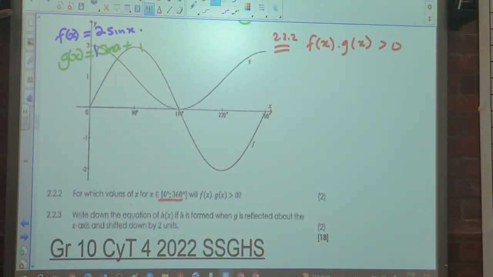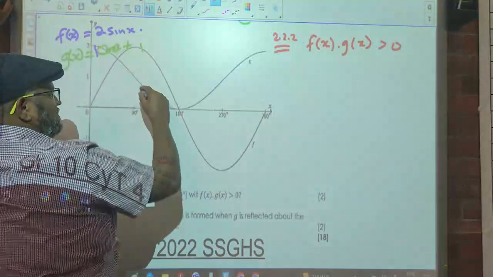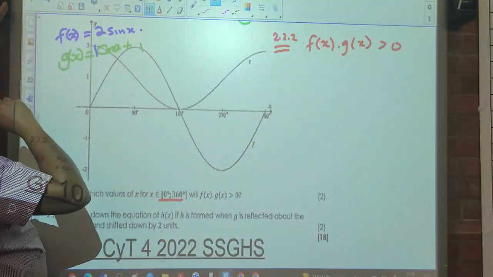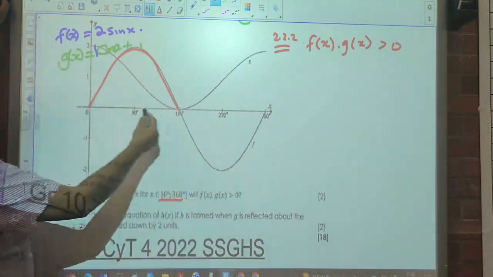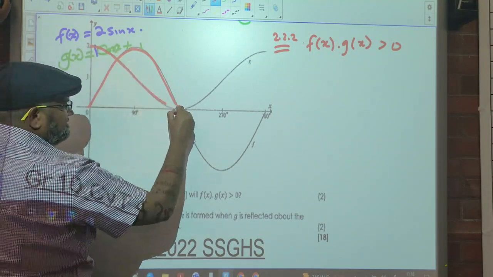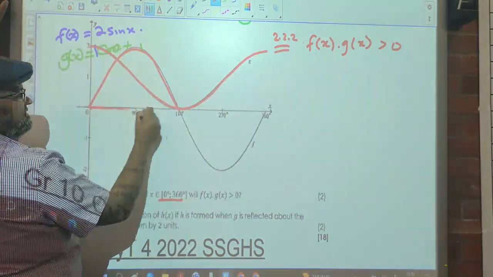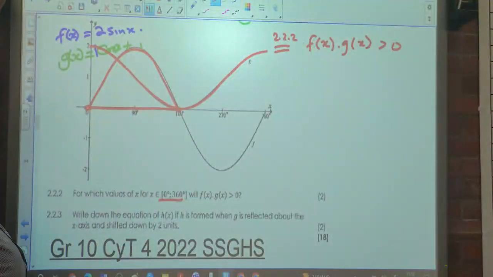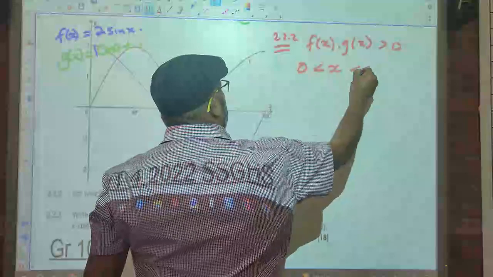So we're never going to check where g is negative. It's only where f is positive. Can you see here? So g is always positive. So now let's check where f is positive. f is positive from there to there. Thereafter, it's negative. Can you see the graph of g is always positive? So where are both positive? From 0 till 1. Can you see that, people? So let's write that as an inequality. We say now, of course, x is greater than 0, but we say